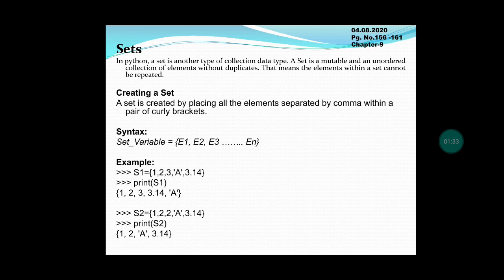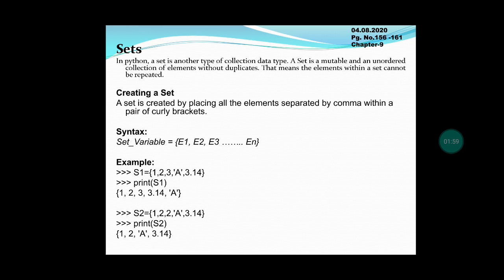The example for sets: S1 equal to 1, 2, 3, A, 3.14. This is the set. S1 is the first set. Now we are printing the same elements. Next, in set 2, that is S2, the value given is 1, 2, 2, A, 3.14.